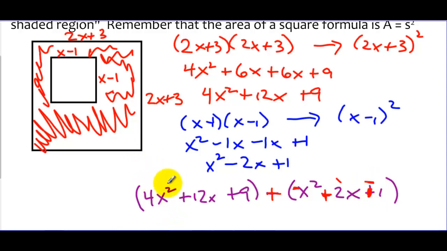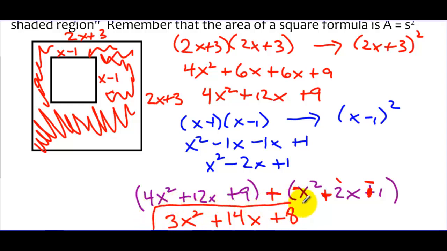So we can say 4x^2 plus negative x^2, well, that's going to be 3x^2. 12x plus 2x is going to be 14x. And 9 plus negative 1 leaves me with a positive 8. So I'm going to say this expression, 3x^2 + 14x + 8, represents the area of just the shaded region, which is the rectangle with the